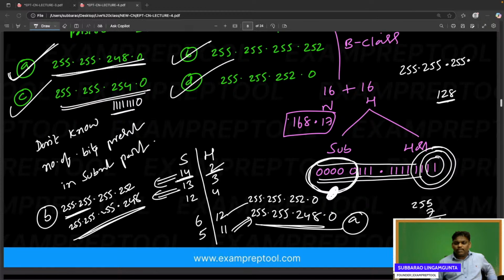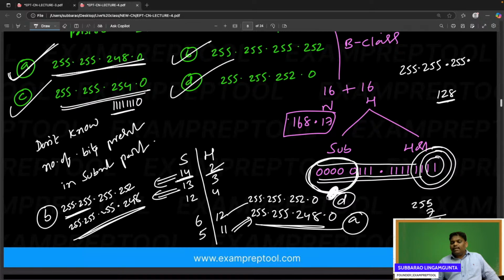6 subnet, 6 and 10. If 6 and 10, right? I think 255, 255, 252, 0. Which one is it? I think D. It is D. A, B, D. What about C? Is C possible or not? Let's check. C means what? C means